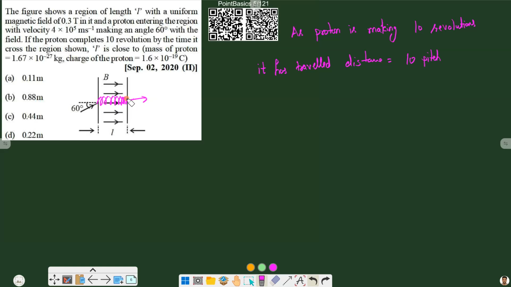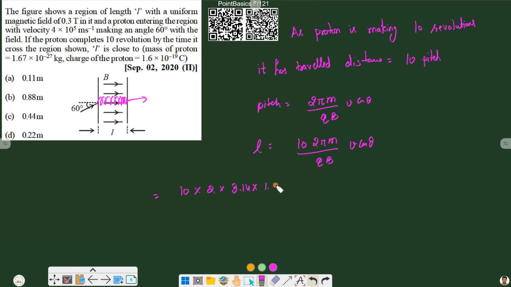So it has traveled 10 times the pitch, and we know that the pitch, which we just solved, is equal to 2 pi m by qB, so 2 pi m into v cos theta. So that is equal to the pitch, and we have the distance traveled as 10 times the pitch. So the total distance or width of this region L will be 10 times 2 pi m by qB into v cos theta. So 10 twice pi